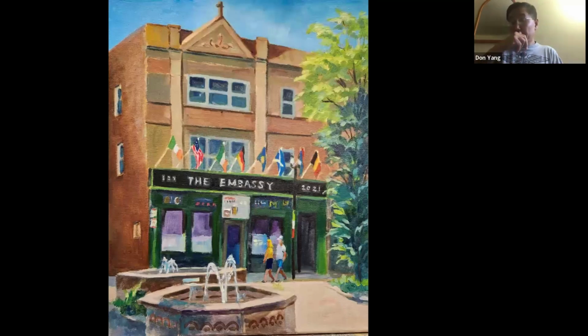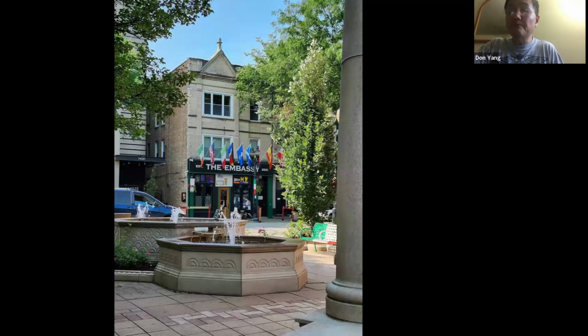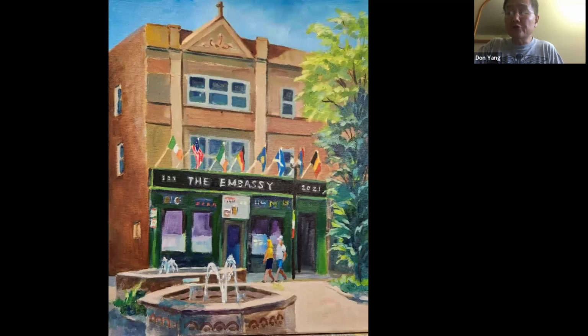I don't know what he happened to be looking at when he was painting, as opposed to when he took the picture right here. But just watch out for that very strong purple within the windows. Those two or three or four purples there might have been the reflection he saw when he was painting that particular part. Just be careful not to have such an isolated, intense color there.